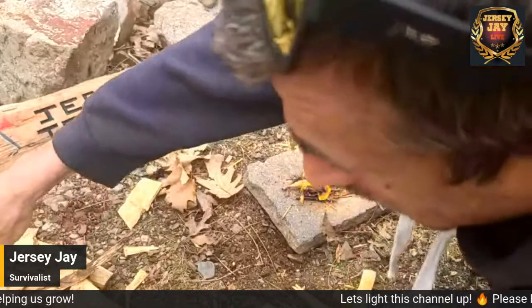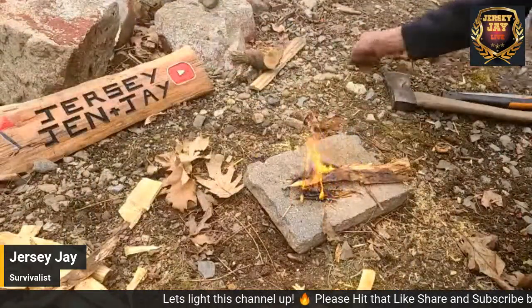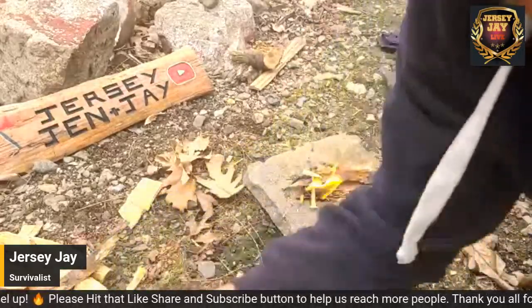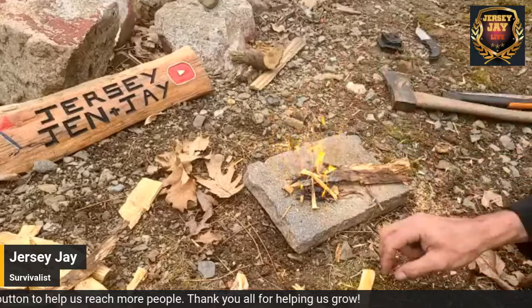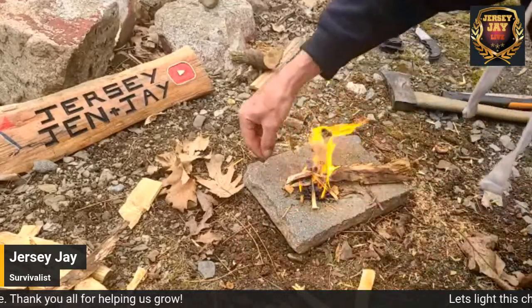And I'm just going to use all fatwood so you guys see how durable this fire would be. I do have weather moving in too, so it is kind of a good example of the wind and this fire here when it comes to fatwood. But even for being how small it is,